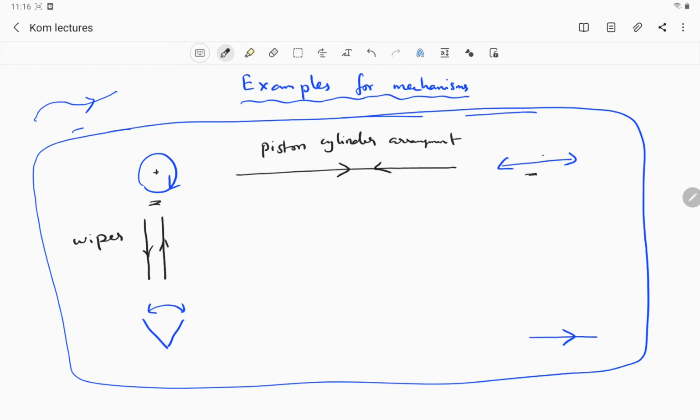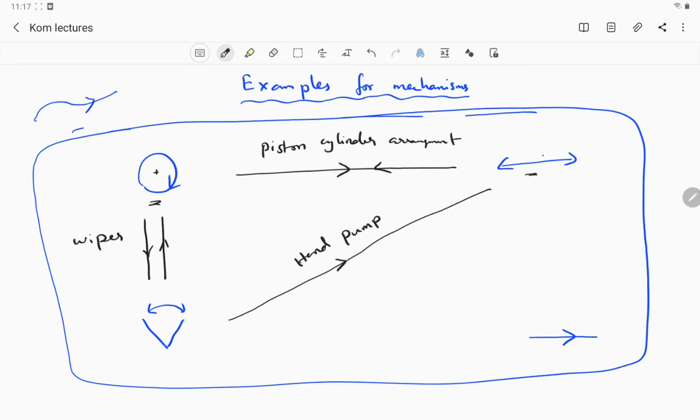Okay, and yeah, can you identify if this oscillatory rotation is an input and the oscillatory straight line motion is an output? Can you come up with an example? Well, one example I could come up with is a hand pump, right?